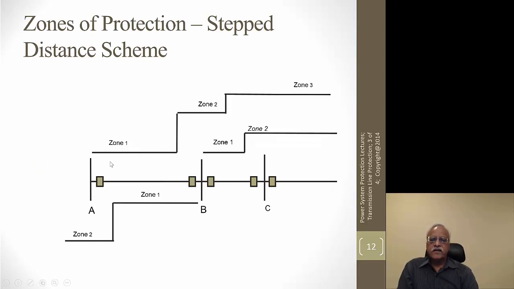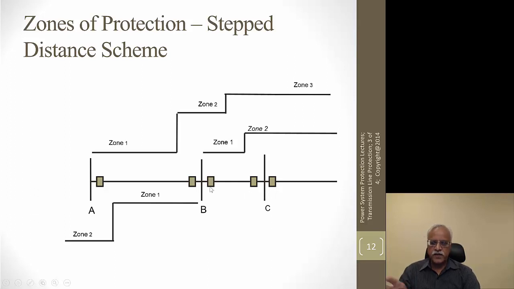So if you look at it, essentially a relay at A operates for all the faults up to 85% of the line section, and then 85 to 115-125% is what we call zone 2, which provides some sort of backup for this zone 1 relay from the section BC. And then you can also use a third zone to cover beyond this line section. That means it covers from section A to B, and then it provides full backup for the adjacent line section